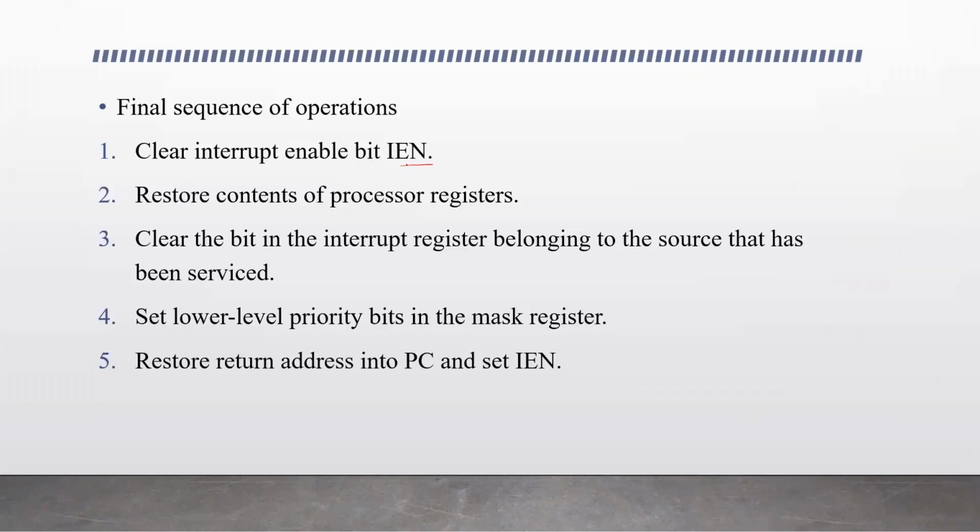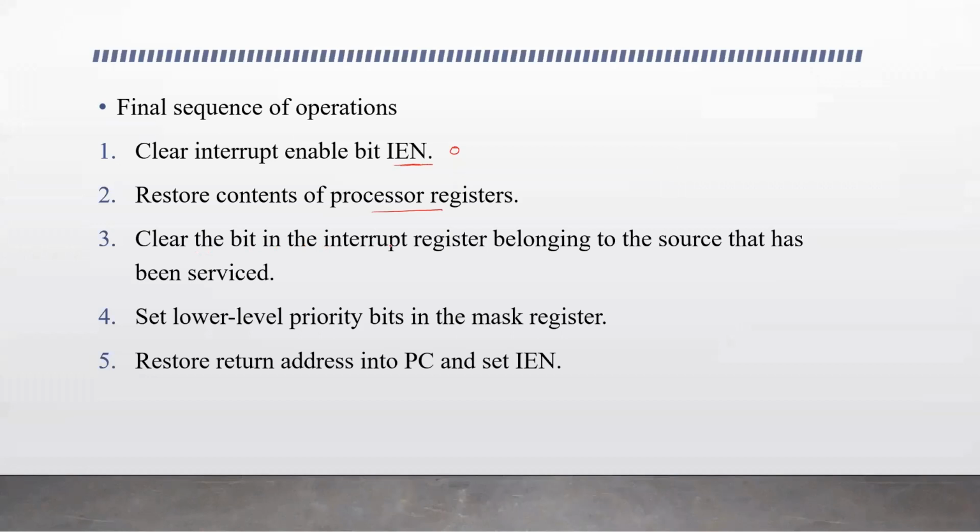Okay, so during the transfer of control from this interrupt service routine to the main program, the interrupt cannot be allowed. The CPU cannot be interrupted, no device can interrupt at that moment, so IEN is set to 0. And restore the contents of the processor registers. We saved the processor registers in the initial stage, and once the interrupt service is done, we restore them because the instructions in the main program need to be processed. We need the values back.